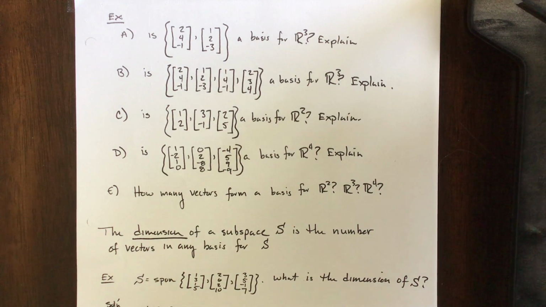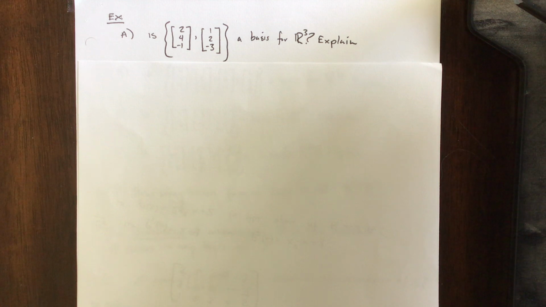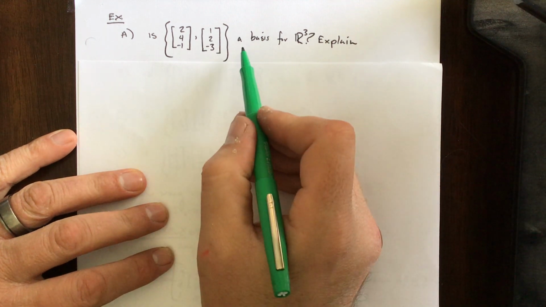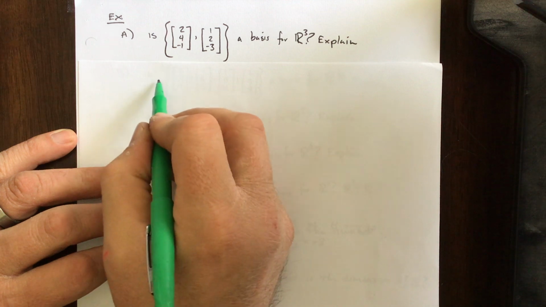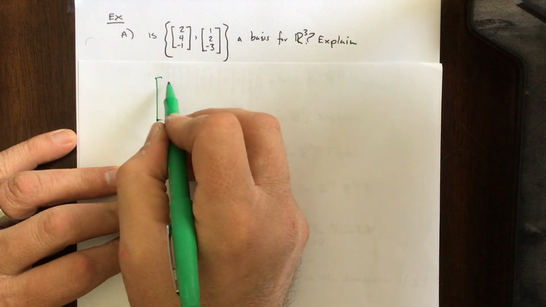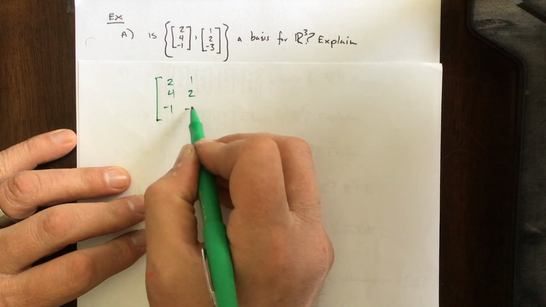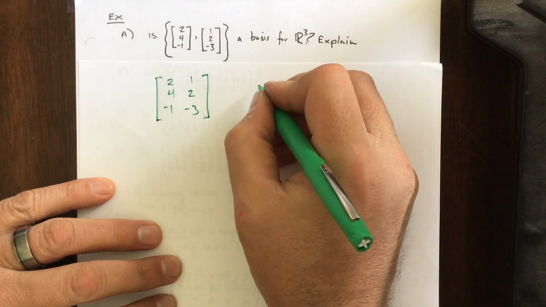Now, most of these next 5 problems are just going to be problems that you're going to think through. You don't have to do a ton of work. In fact, you're not going to do any work for a lot of this. What is necessary to form a basis for R3? Well, you take these vectors and you make them the columns of a matrix. To form a basis for R3,